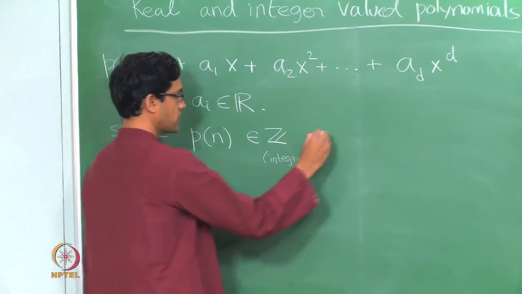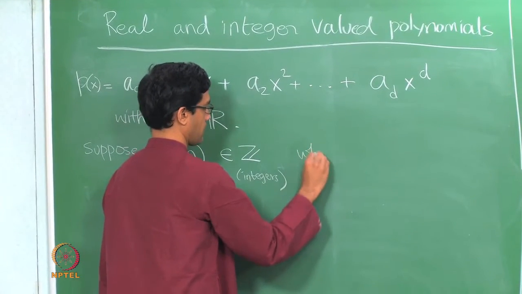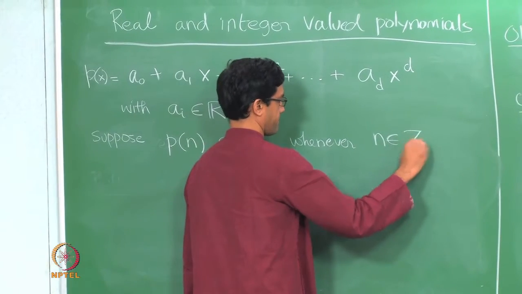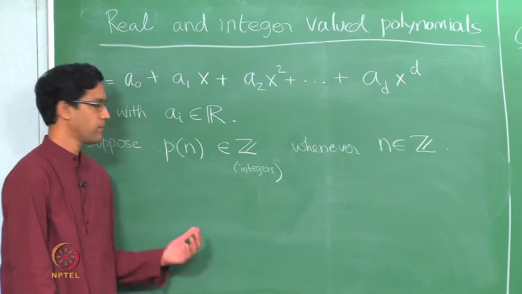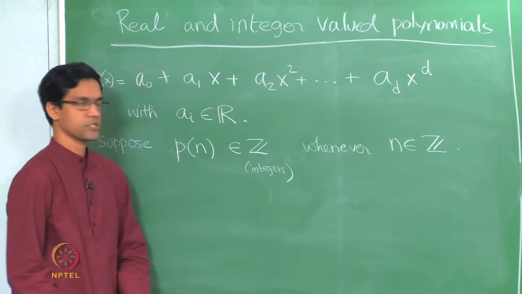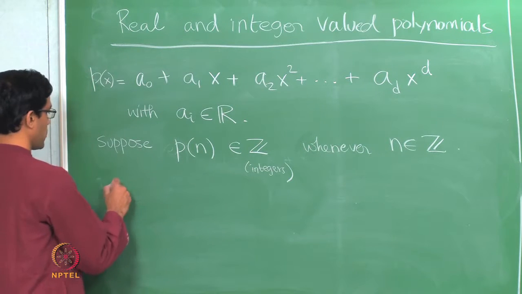P of n is an integer whenever n is an integer. So here is a condition that is given, that p takes integer values when you plug in an integer for x. Okay, then the question is, what can you conclude about the coefficients? So again the same question. So problem,